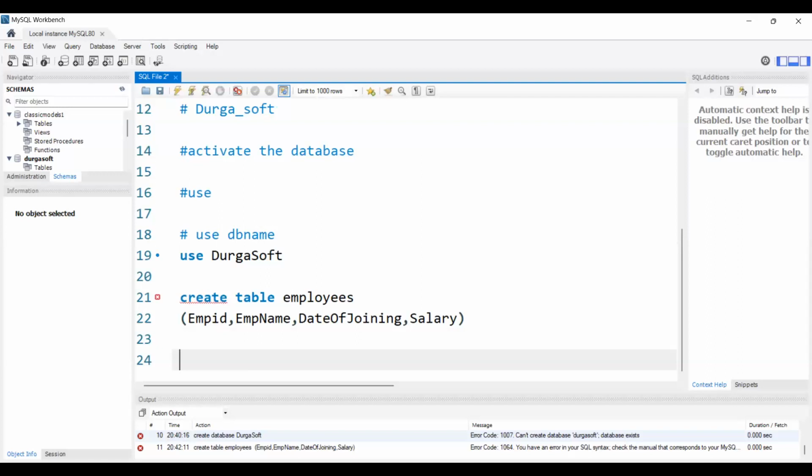Like after employee ID, I am using int. Int is one data type. It is integer basically. It is a number, correct? So employee IDs will be numbers, right? So we are using int for employee ID, char for employee name, and